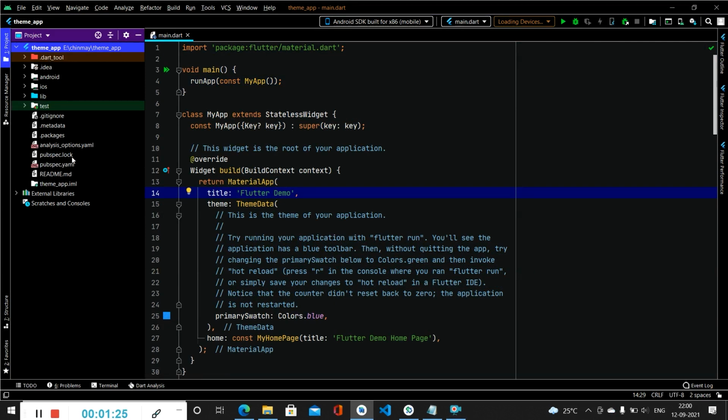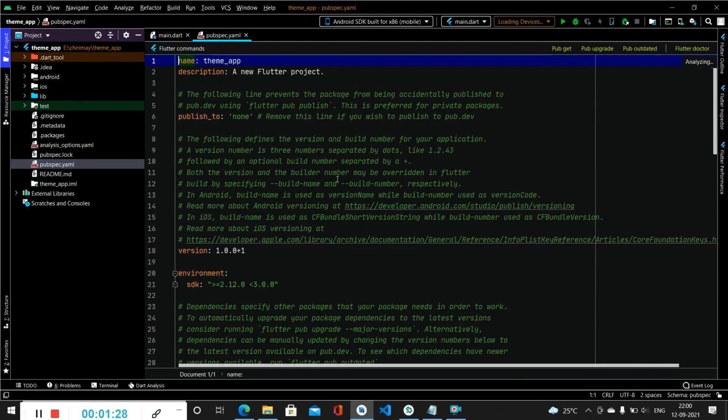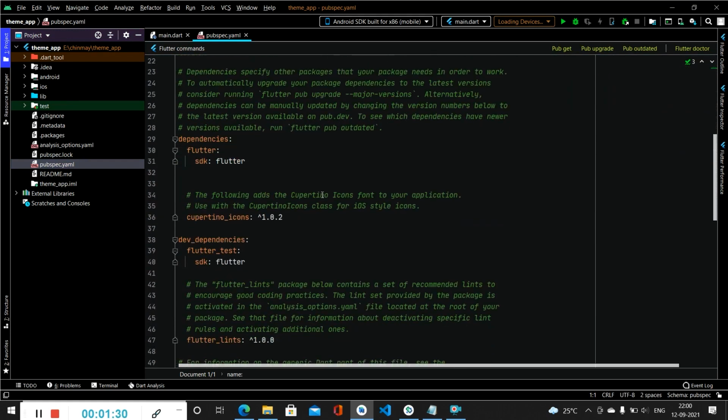Inside this we have to go to the pubspec.yaml file, and inside this we simply have to add the dependencies. So the first dependency we will be adding is for the switcher button.